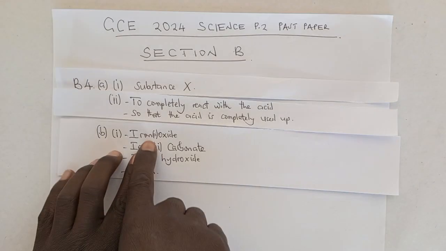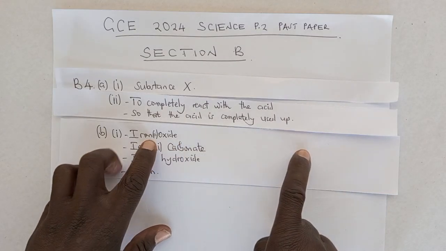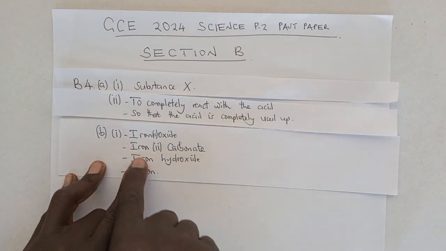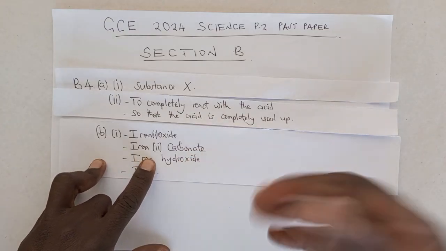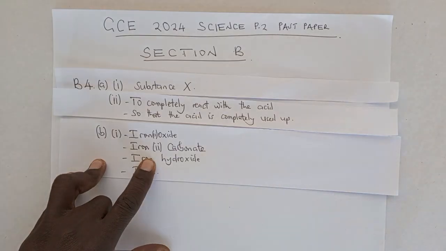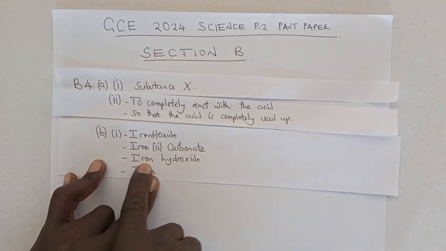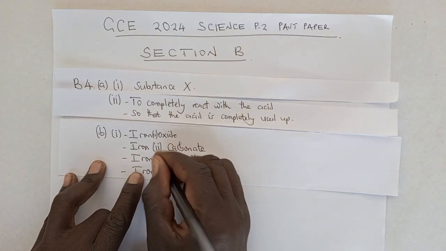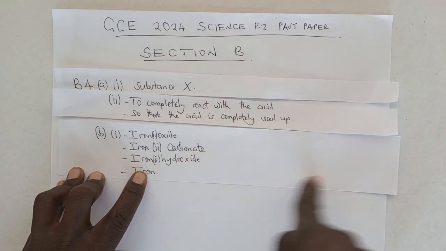So what is the other reactant? You can use iron 2 oxide to react with the acid in order to produce salt and water. Remember, this is a base. You react it with an acid, gives you salt and water. Or you can use iron 2 carbonate to react with dilute hydrochloric acid to give you three products. One is iron 2 chloride, the second one is carbon dioxide because of the carbonate, and the third one is water. Or you can still use iron 2 hydroxide, for you to produce salt and water,